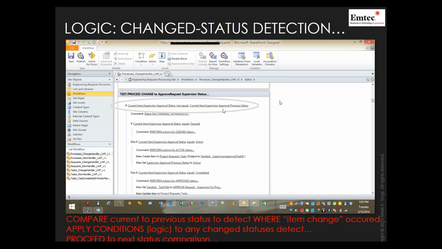If the status is not equal to approval previous status, you know there's a change. And then you can start saying, if the change is equal to queued, if it's equal to active, if it's equal to completed, go and take these various actions. And suddenly the logic in your workflow starts to take on a very uniform, very familiar, very intuitive, very duplicatable pattern, a very common pattern that you expect to see in all of your workflows. Hey, they're all just values, they're all just choices, you're reacting to different choices. And suddenly all of the workflows, no matter who's coding them, take on a very common uniform approach.